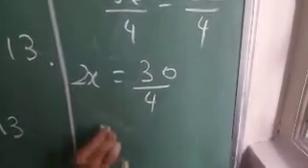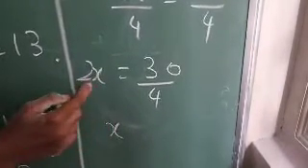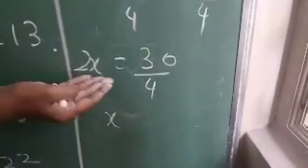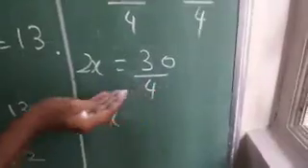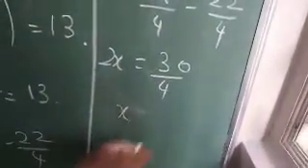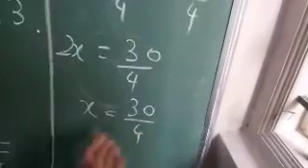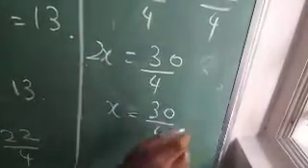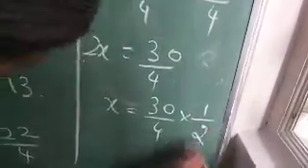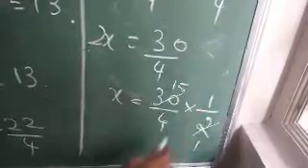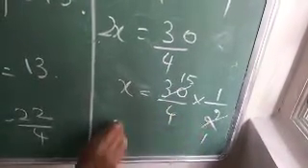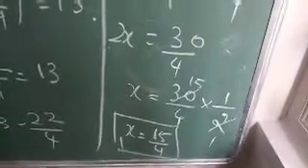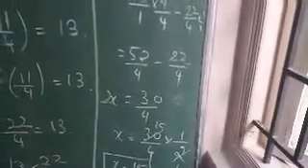Now you have to find the value for this x. You see here 2 is in multiplication. When it gets transposed it will become division. That is, when this multiplication goes to the right hand side, multiplication is converted into division. So you keep 30 by 4 as it is. 2 into 1, so 2 comes here as 2 by 1. When it goes to this side it becomes the reciprocal, as 1 by 2. Now you can cancel this 1 time, and here it is 15 times because 15 into 2 is 30. So the x value is 15 by 4. So this is the length of the rectangle.